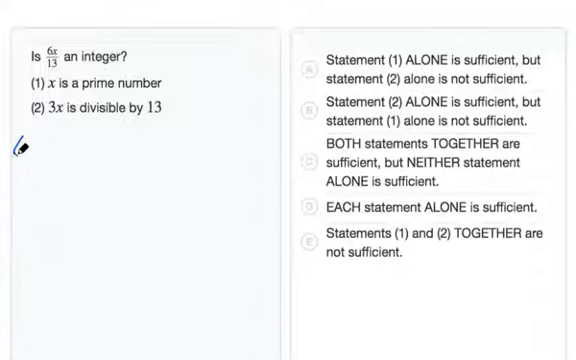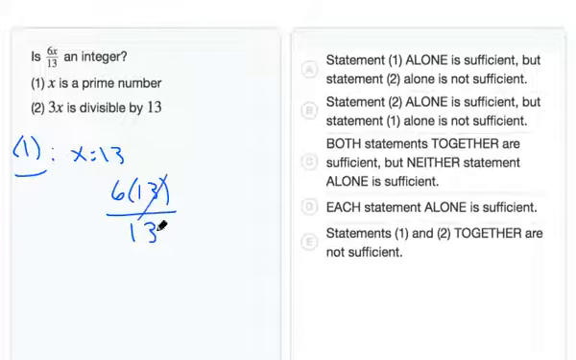Considering statement 1, we're given that x is a prime number. Now, x could be any prime number. So suppose x is 13. This then means that 6 times 13 over 13 would definitely be an integer. It would equal 6. But if x is any other prime number, say that it is 5, and we plug